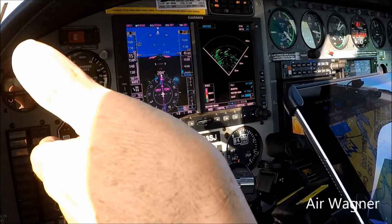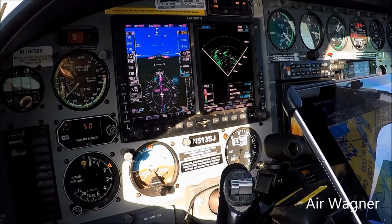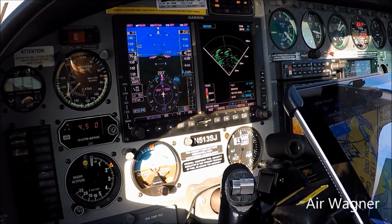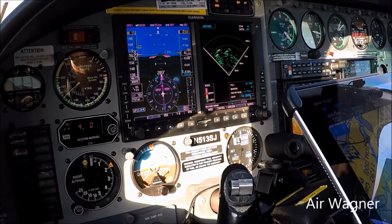Okay, we're set up here in cruise. I got the radar scanning. There's no weather in front of us, but it just looks cool. So I want to make sure it's working fine. A lot of these things you don't use for a while, like you can change it to vertical, see what the height of